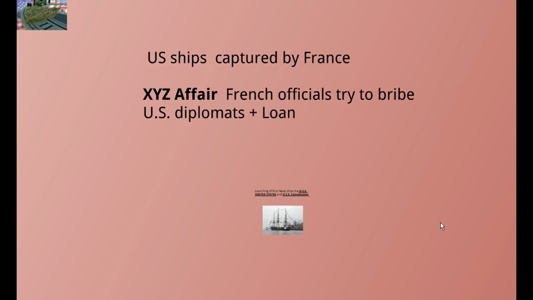Another important incident is the XYZ affair. What is the XYZ affair? There are three diplomats that are sent by the United States government to France in order to find a peaceful solution to the problems of the attacks against American ships by the French. Very similar to the attempt of settling issues peacefully with Britain in Jay's Treaty. So perhaps there was an attempt at having a similar treaty with the French, but what the French officials